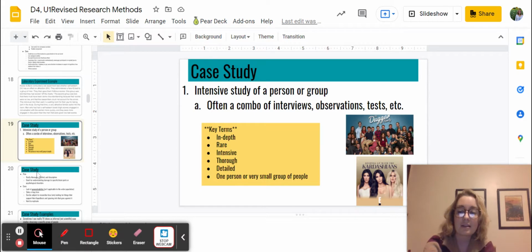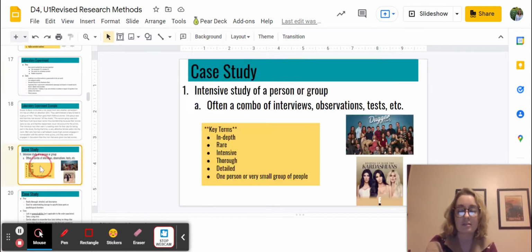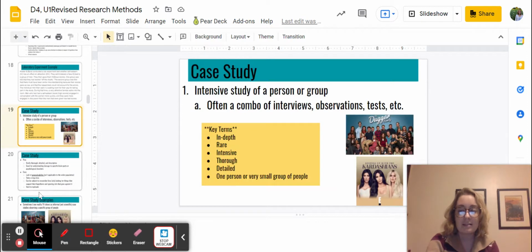Right? So the thing about a case study that's good is because you're only studying one person and you're doing a battery of different things. You're interviewing them, you're observing them, you're doing tests on them and surveys and stuff. You get really, really thorough, descriptive data about them. And they're really good for understanding weird things that happen, like damage to specific brain parts, or really rare psychological disorders. Because going back to that issue with an experiment and the ethical concerns,